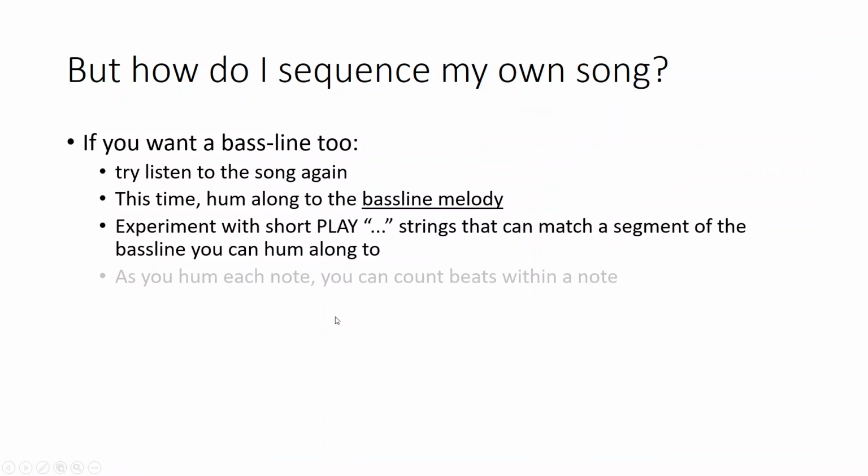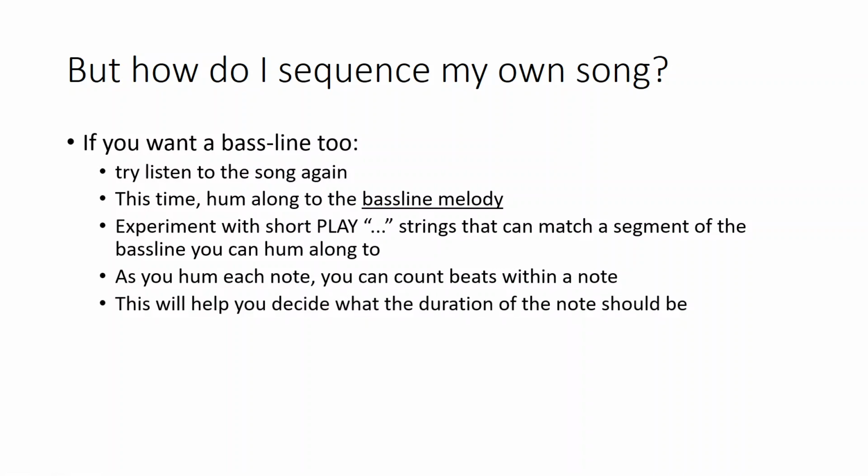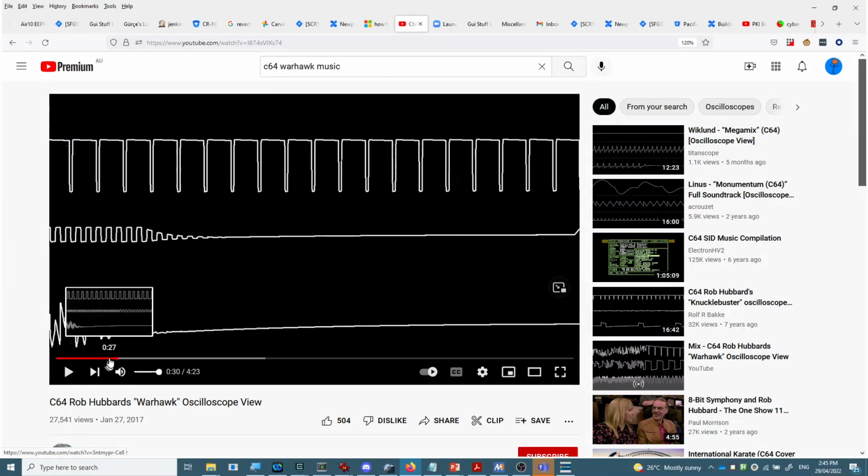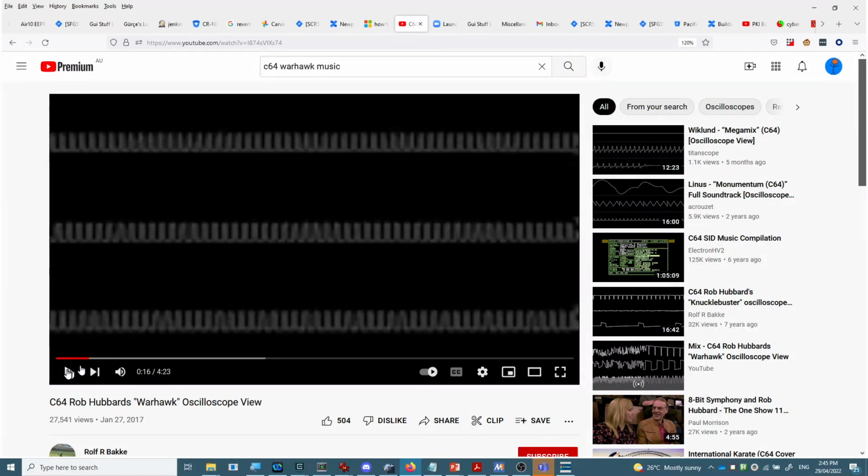Yeah, hum each note and try and count the beats within that note to give you a feel for what duration the note should be. Maybe a more complicated example might be the Warhawk music game. I think if you had your feel, you're welcome to stop here. But let's nut this out because this will be even tricky for me. But at least you'll see me struggling and failing and rectifying, and you'll see that process going through in my head. So maybe if we go back to listen to what that track sounds like, maybe start around